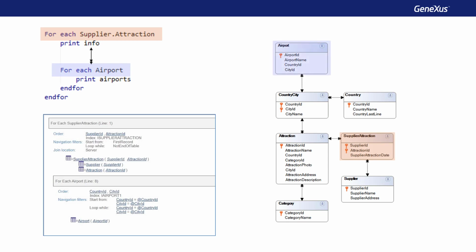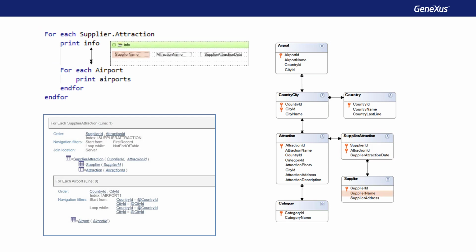Let's assume for this example that the print block info shows the name of the supplier, the name of the attraction, and also the date on which that attraction will be shown, and the second print block shows the name of the airport. Note that there is an indirect one-to-n relationship.